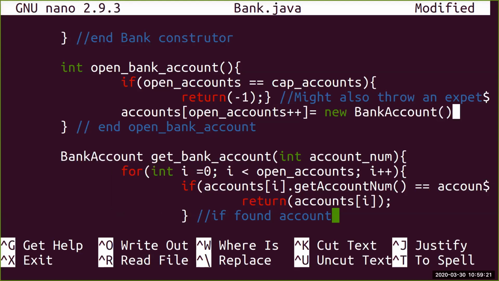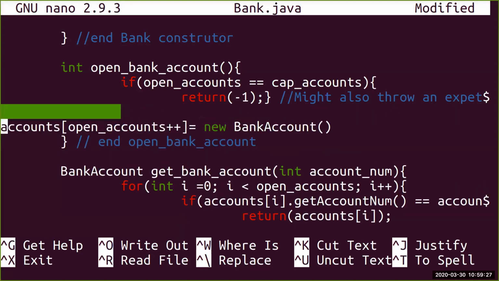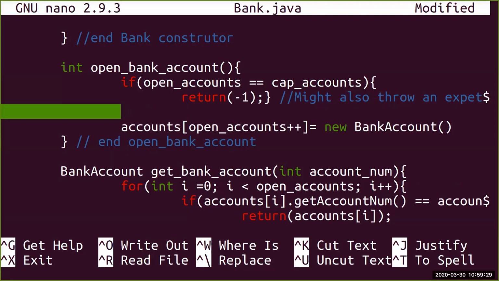And so we might also, at this point, collect user input when we go to make it. So we might say,